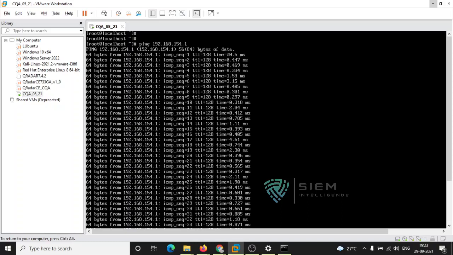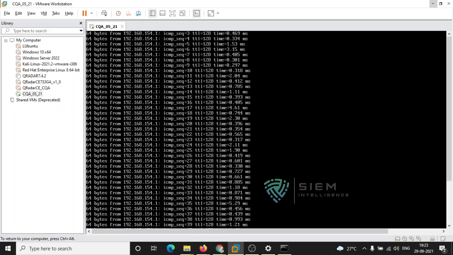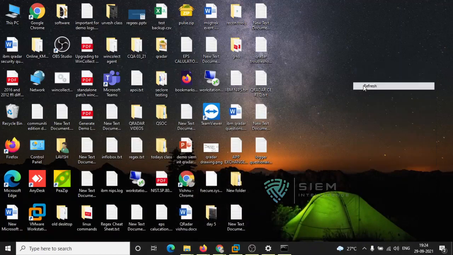If you want to disable that particular firewall, it may misbehave, so better avoid doing that. Instead, check the connection from your QRadar to that particular server. If it is connected at one side, that means at the other side also it is connected. So now we know what the client is, what the destination is, and the destination IP where we want to send logs.